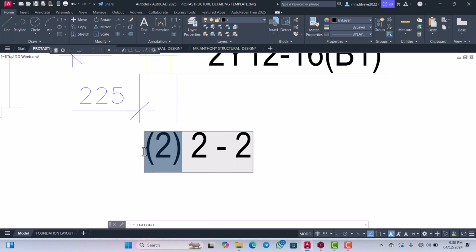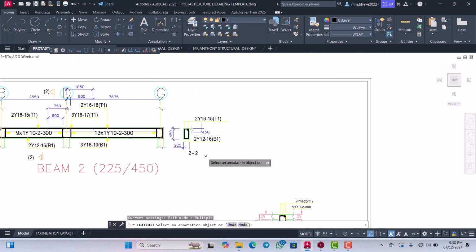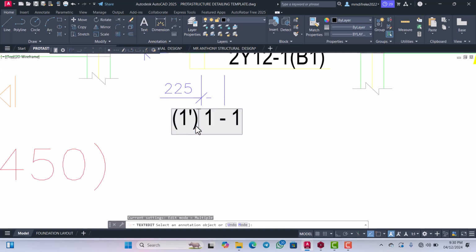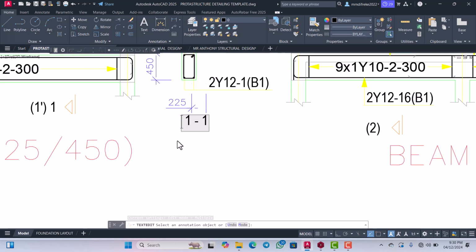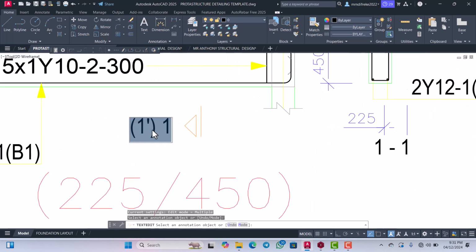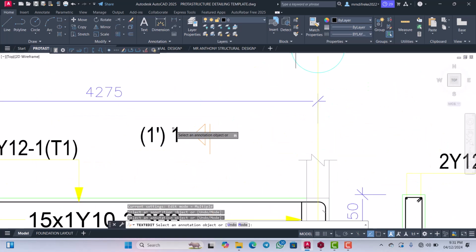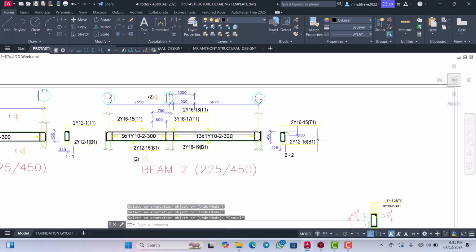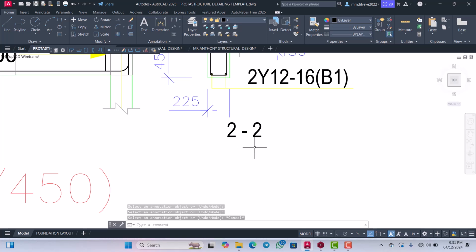So you can remove this. This will form section 2 2. This is your section 1 1. You can remove this and call this one 1 1. Section 1. Okay. So beam 2 is ready